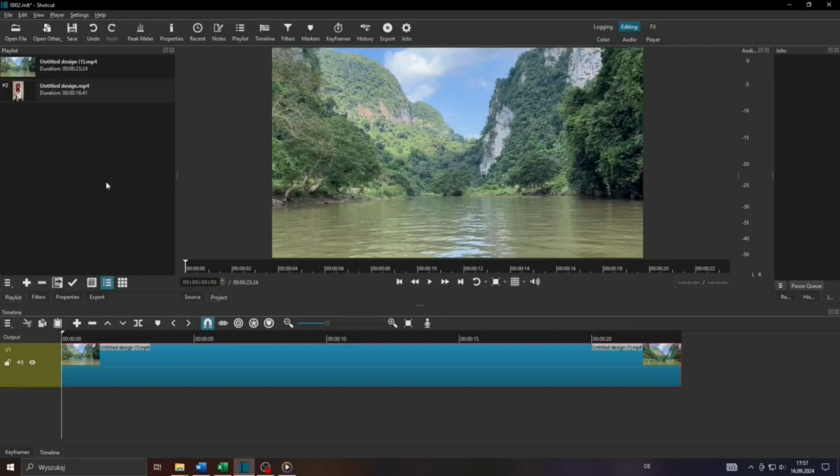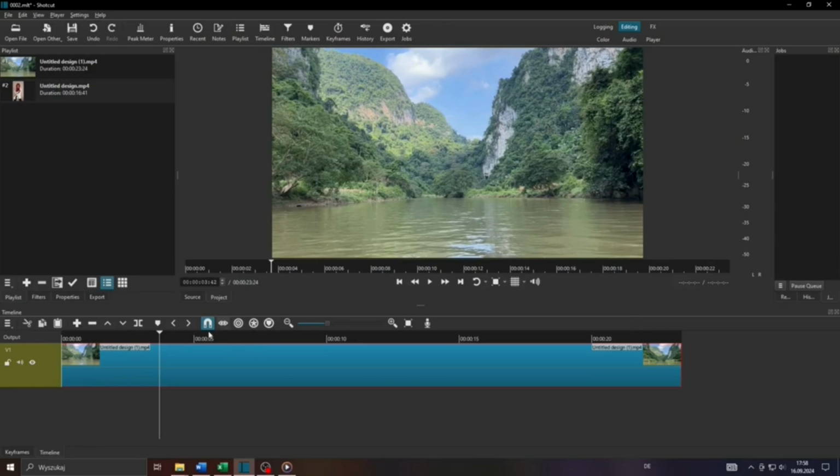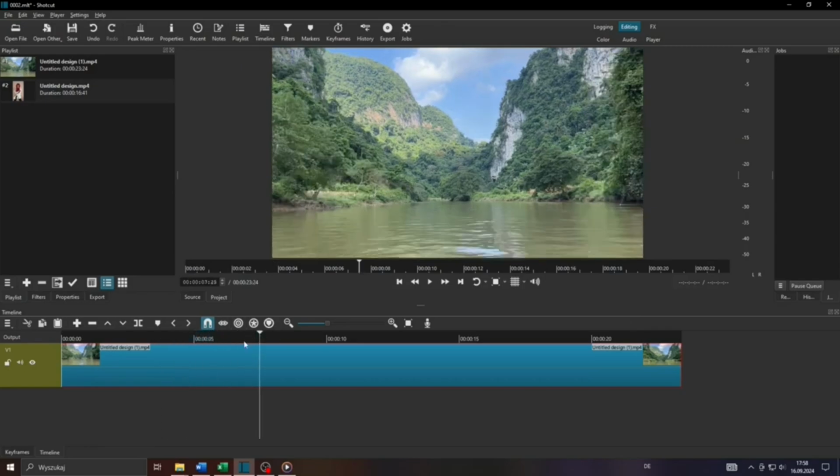Hey guys, what's up? In this video, I will teach you step by step how you can blur the video background using the Shotcut video editing tool. So let's get started. In the first step, launch the Shotcut video editor, start a new video project, and add